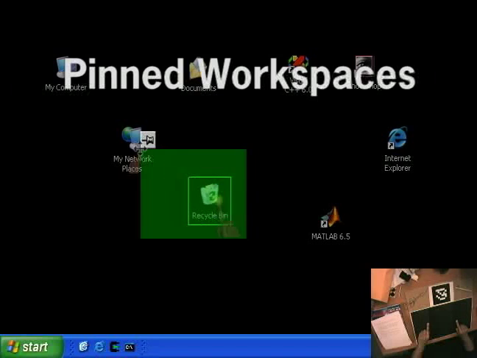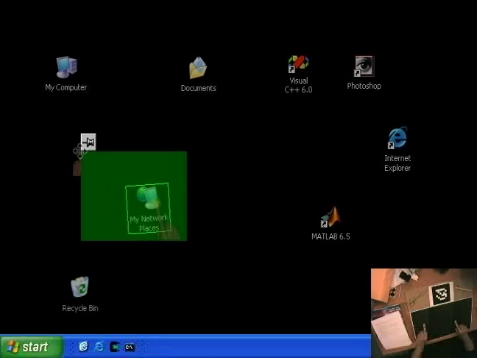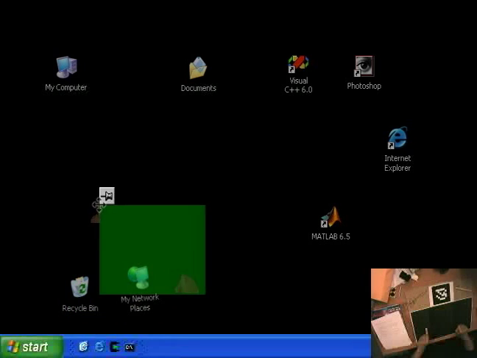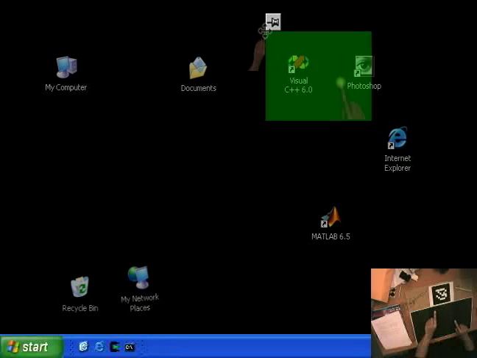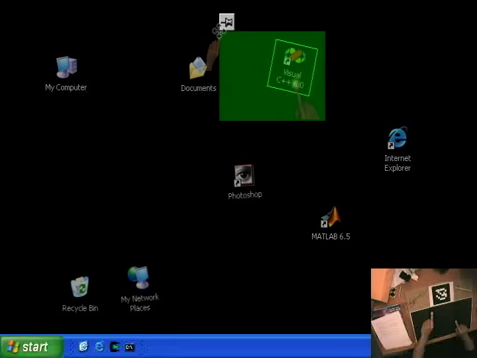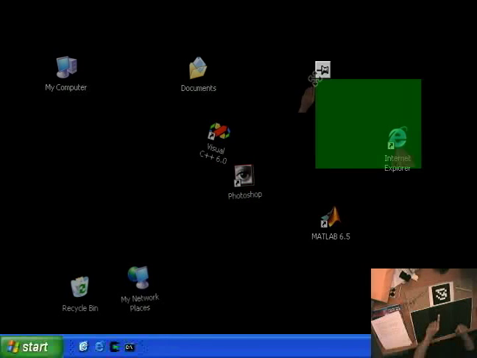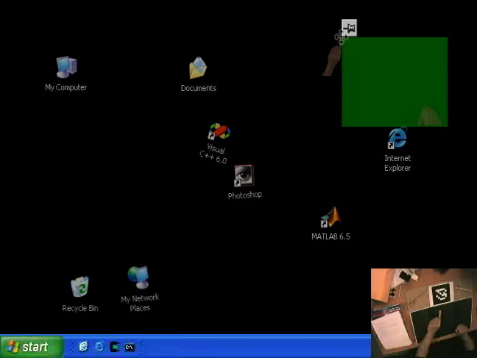In many large display applications, a user may want to frequently alternate between 2 or more regions of the display. To achieve this, we allow multiple workspaces to be pinned so that their size, position, and zoom can be maintained. To pin or unpin a workspace, the user makes a pointing gesture with the left hand and double taps on